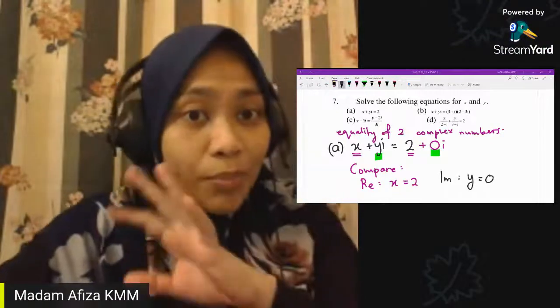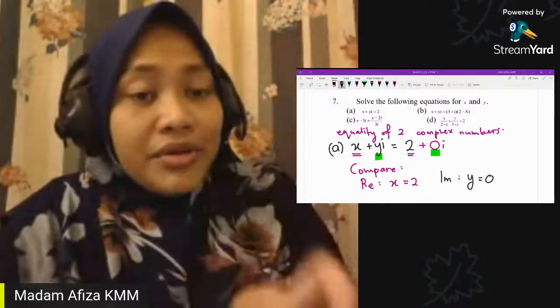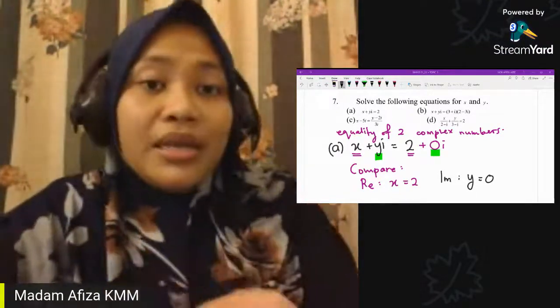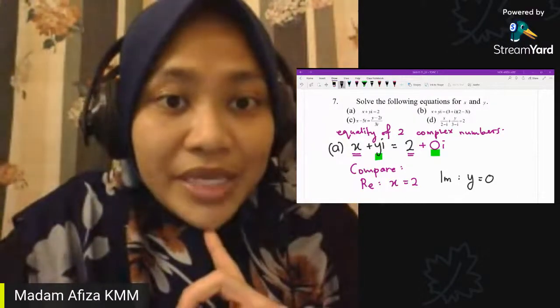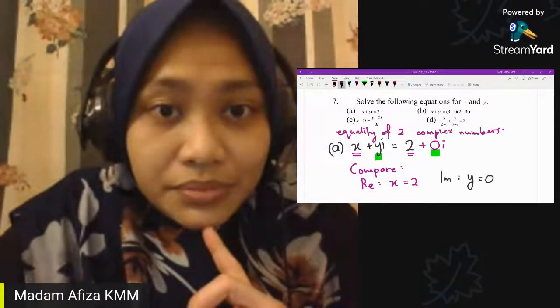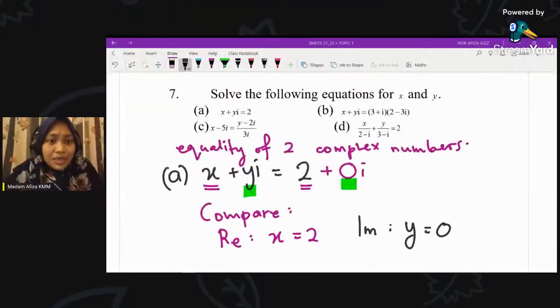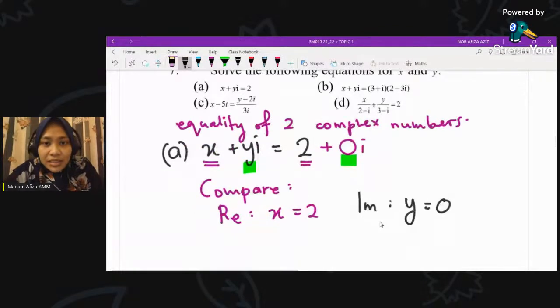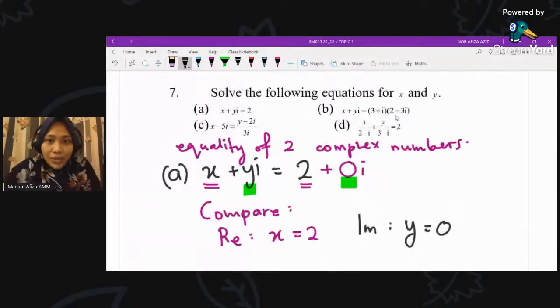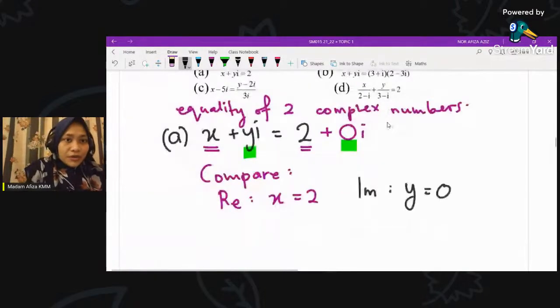Okay, so we just compare the real part and imaginary part and get the values of x and y. Okay, so now let us try question B together. So B, we have this question. Let me copy down the question first. For part B,